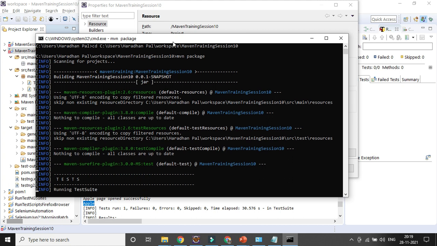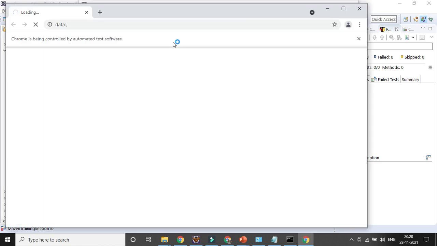Those are the things not available in your Java project. That is the basic difference between a Java project and a Maven project. So the command prompt is a very important thing. Then next, there are a lot of commands. You can clean your project, you can compile it, you can run it, you can package it. That is not available.